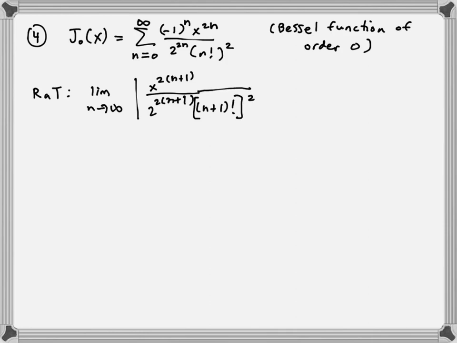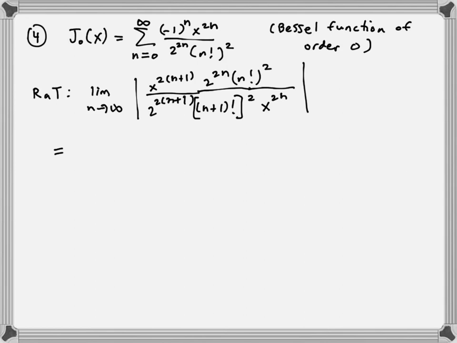It's n plus 1 factorial squared, and then multiplied by its reciprocal, right? So we're going to have 2 to the 2n on top, and then n factorial squared on top, and then on the bottom we have an x to the 2n, like that. Okay, we're going to write this step by step. Let's start with